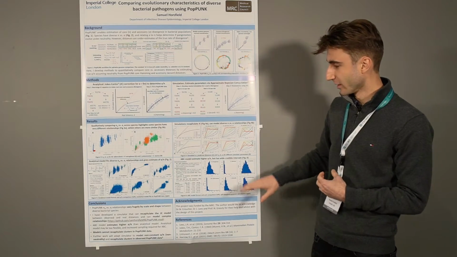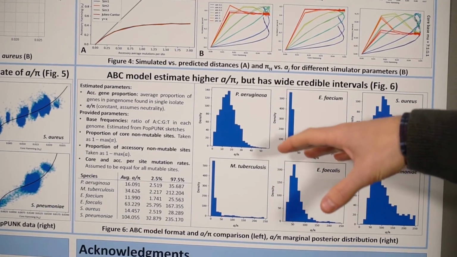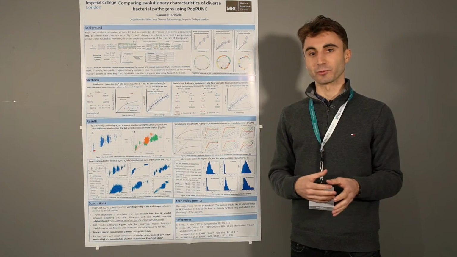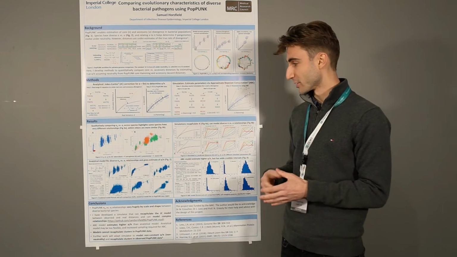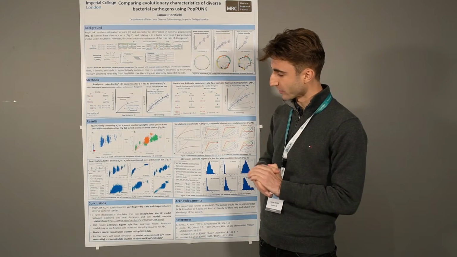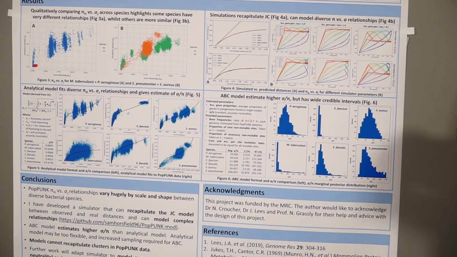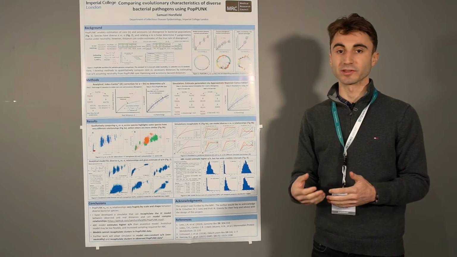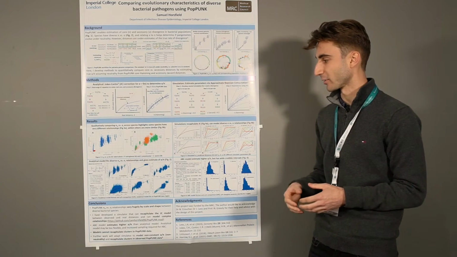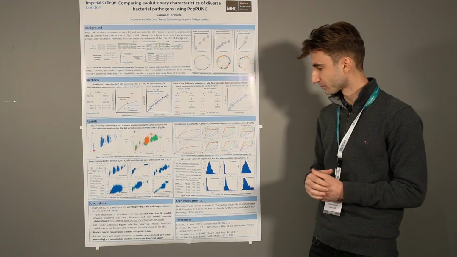Again, they're estimated. The thing to note about this is that these 2 models are estimating different values for the accessory over core divergence. There are 2 potential reasons for this. Potentially the models aren't correct, which is potentially likely, maybe because the analytical model is too flexible, or the ABC model isn't flexible enough. The other potential reason is that a model of neutral selection isn't actually correct when you're trying to determine how the accessory genome diverges relative to the core. So that could be the